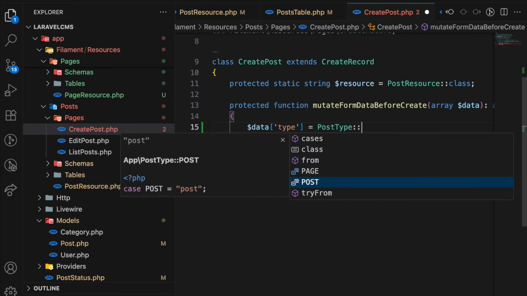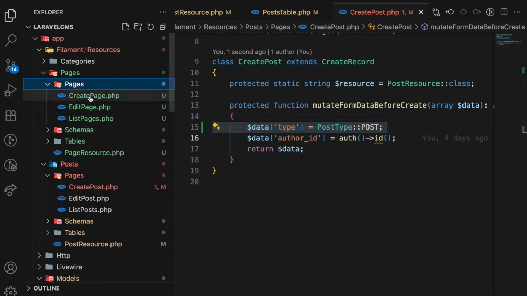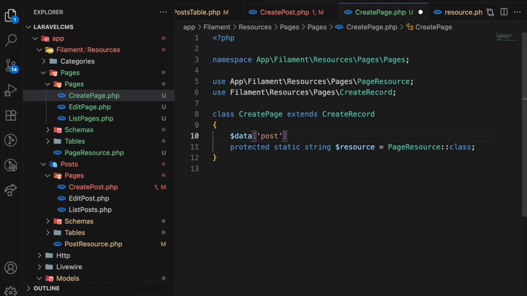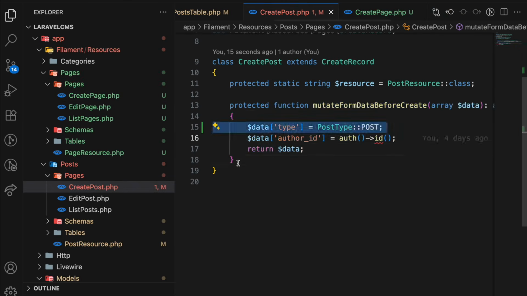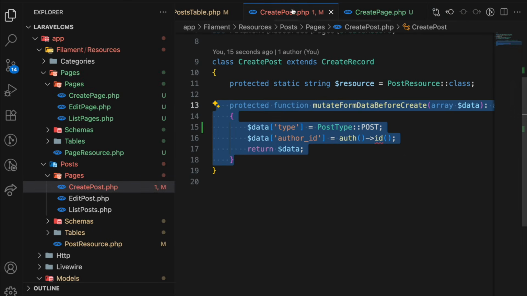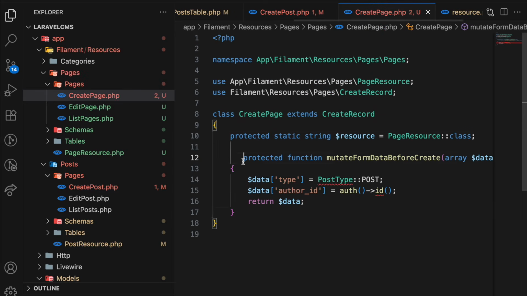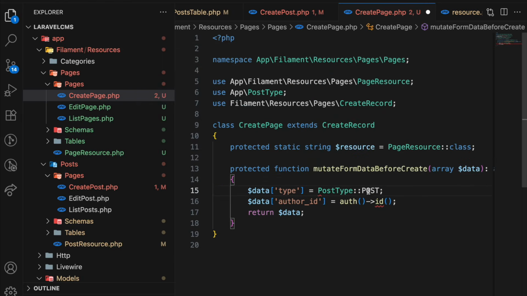Now I can say post here. Similarly in my page create page, I can say $data post, sorry, at least I need to call that method, my bad. Let me just copy this here and paste it here and say the post type should be